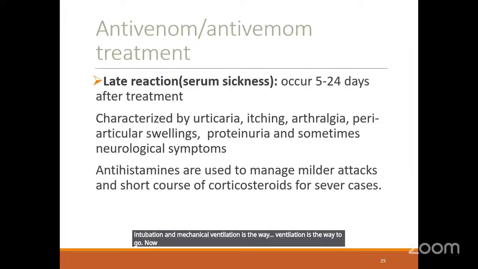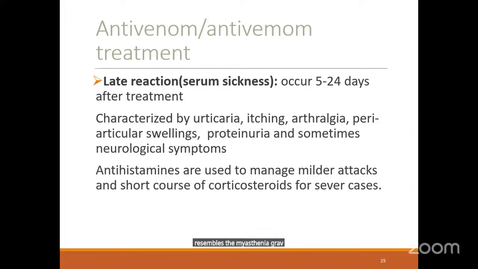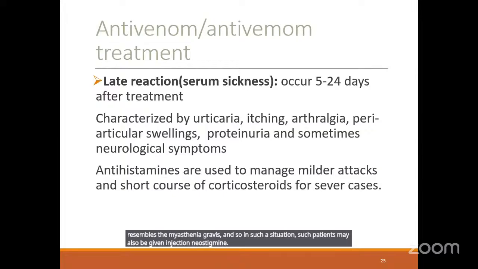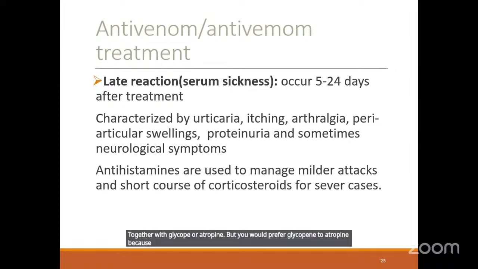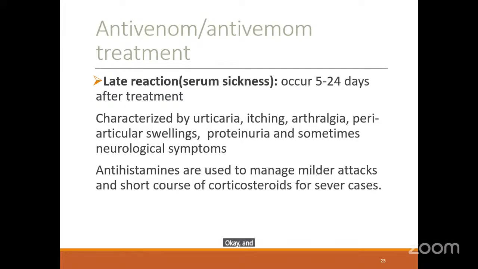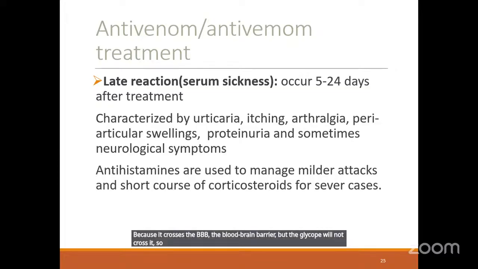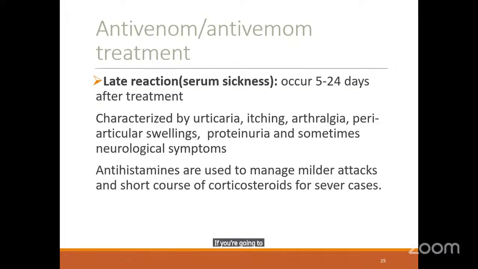Now, cobras usually have a toxin that resembles myasthenia gravis. And so in such a situation, such patients may also be given injection neostigmine together with glycopyrrolate or atropine. But you will prefer glycopyrrolate to atropine because glycopyrrolate doesn't cross the BBB, the blood-brain barrier. Atropine crosses it, and atropine can induce delirium because it crosses the blood-brain barrier. But glycopyrrolate will not cross it, so you prefer to use glycopyrrolate if you're going to give a patient